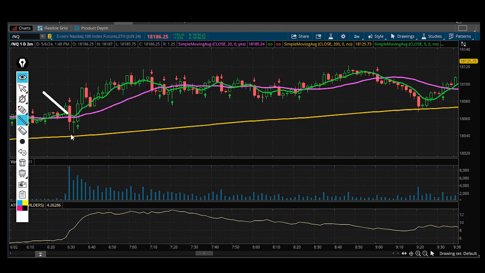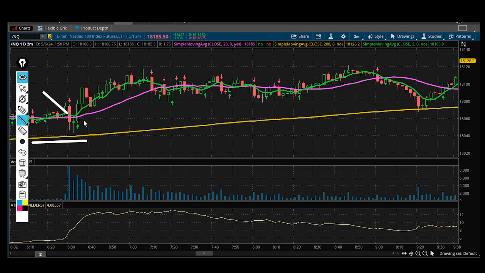Two, I want you guys to look at where your 200 period moving average is. Is it flat? Is it rising or is it declining? In this particular situation off the open, we can see that the 200 period moving average is flat to rising. So if the 200 period moving average is flat to rising, this is automatically going to tell us we potentially want to stay a little more long-sided bias until we close below the 200 period moving average,